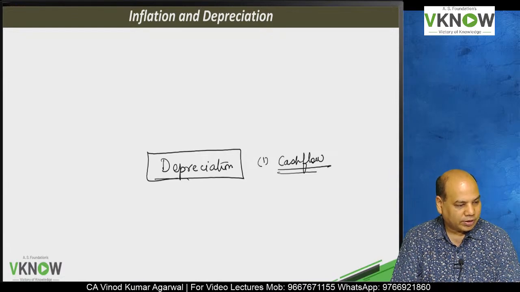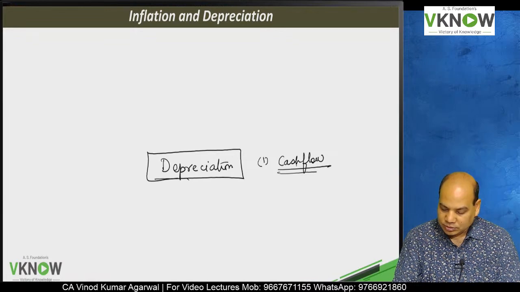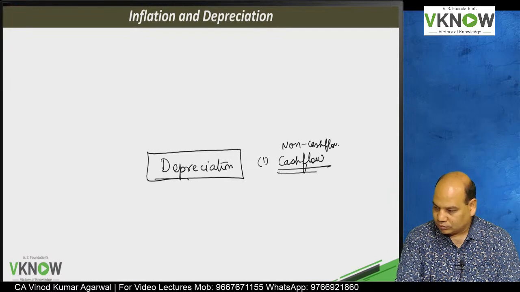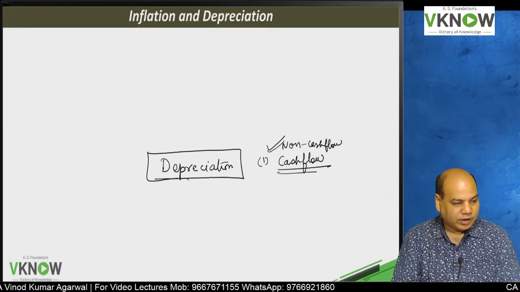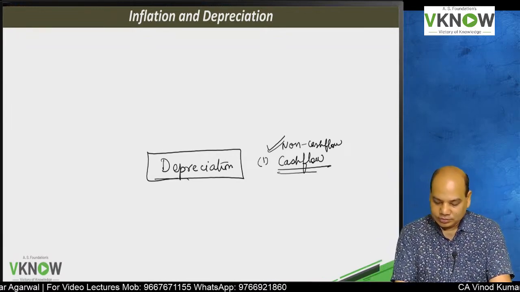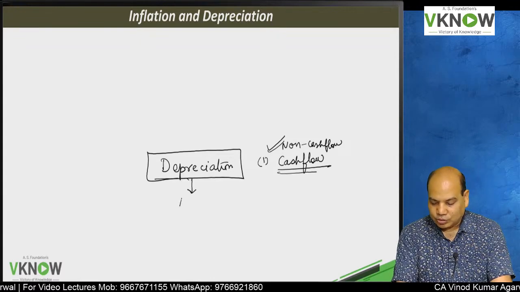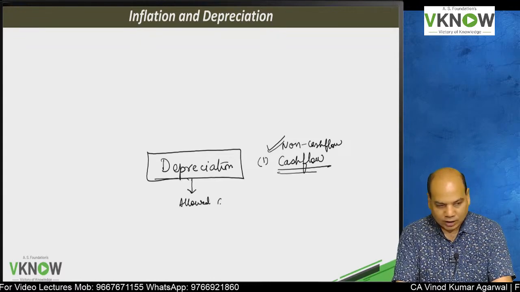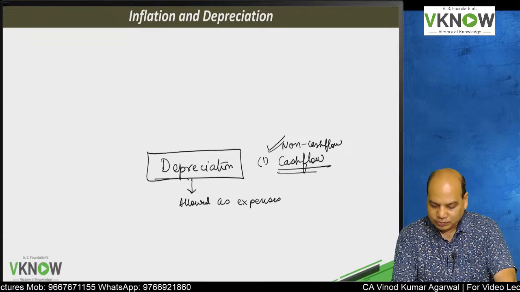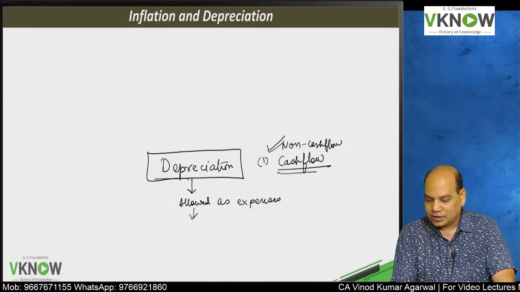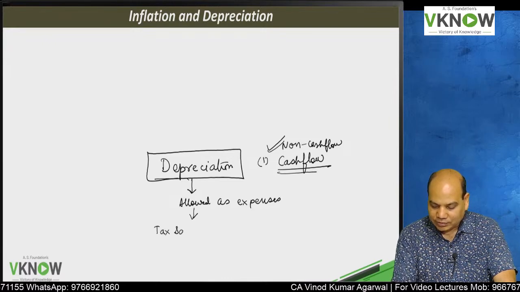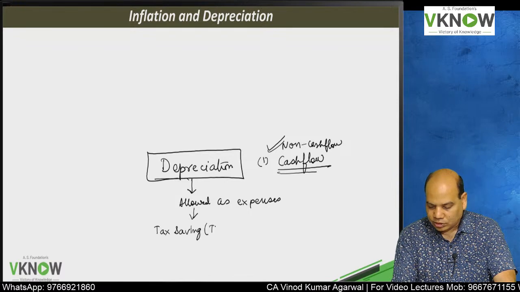Depreciation is not a cash flow item. Depreciation is a non-cash flow item. Then why are we discussing depreciation when it is a non-cash flow item? Depreciation is allowed as an expense under income tax law, and because depreciation is allowed as an expense under income tax law, we have tax saving or tax shield,